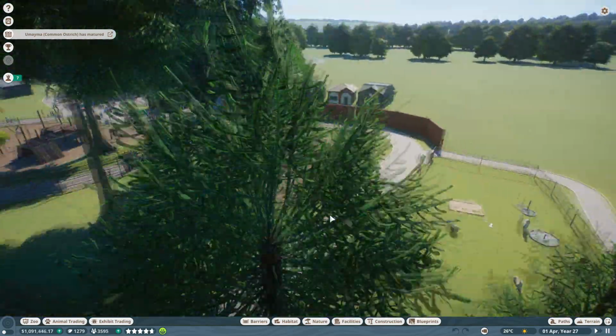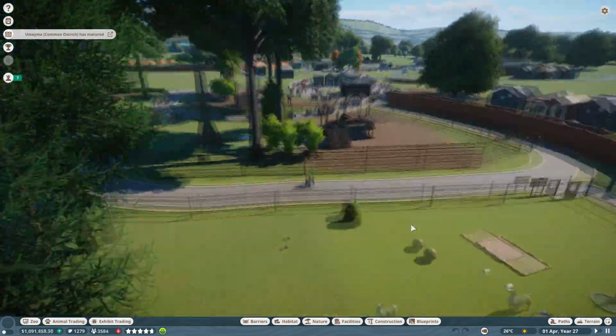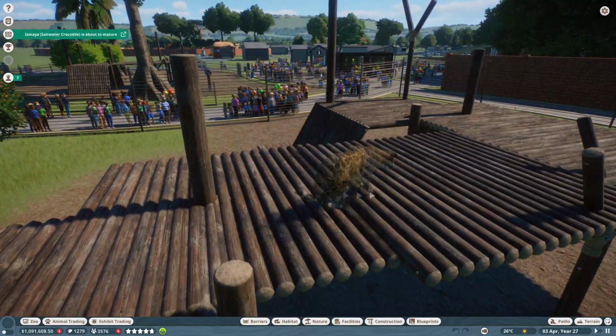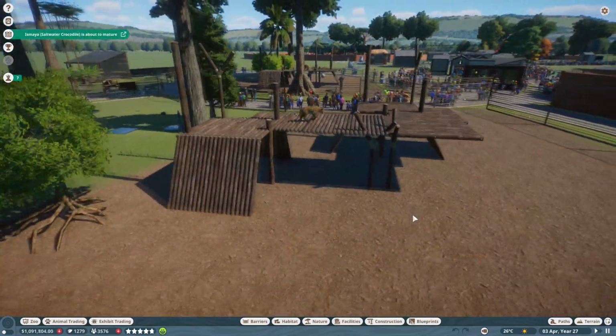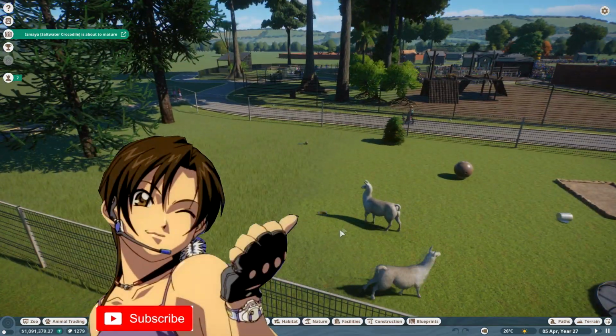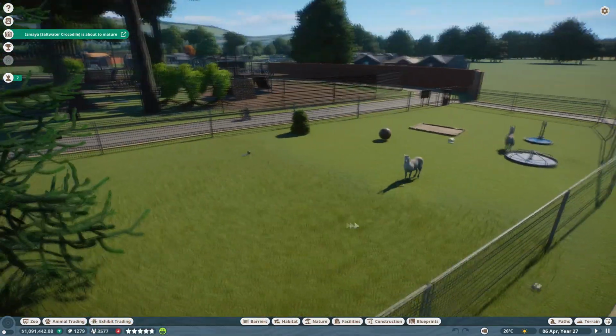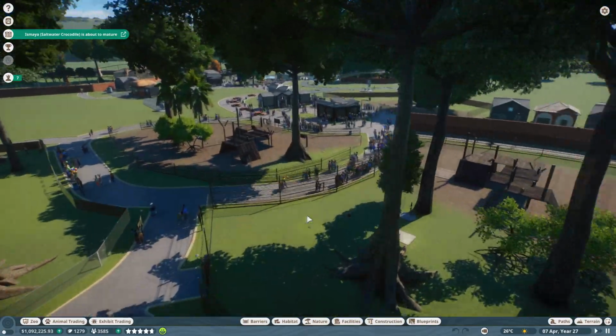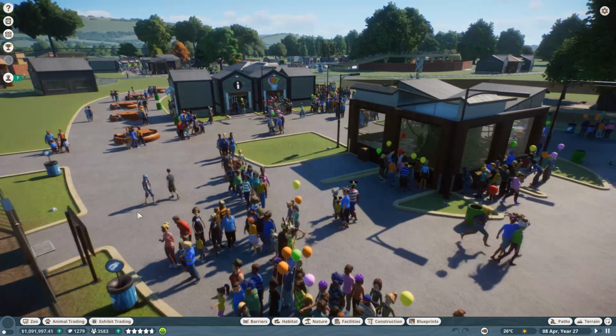When we last left off, we put down a few new South American creatures. We have the jaguar over here, who is dancing like crazy over there, and we also have the llama that we put down over here. Maybe we'll get some baby llamas in this next episode. But today, we will be putting down the...